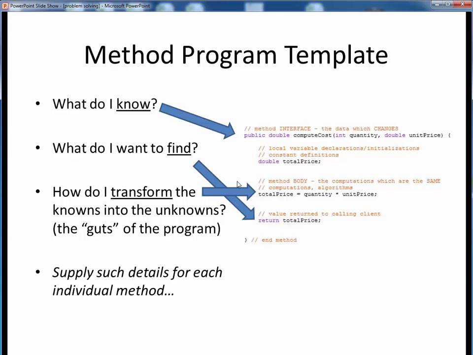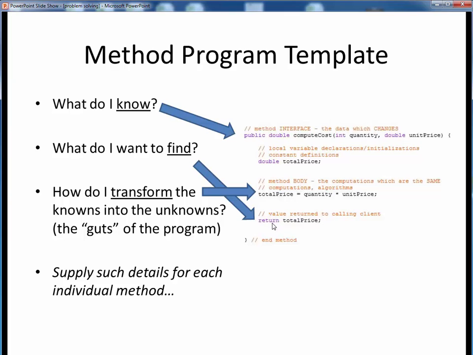The middle part of this method is again the guts of this method. This is where we transform the method inputs into the desired outputs using some TBD computations, algorithms, or equations. We often refer to this as the method body, or the method implementation. These are the statements which are the same for any inputs we might provide. Finally, the last statement of any method is typically some sort of return statement.